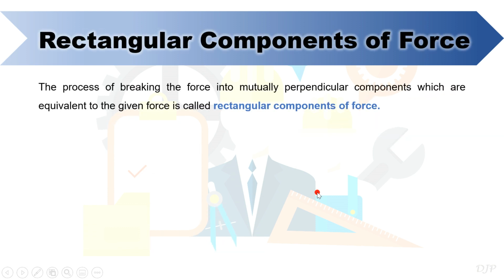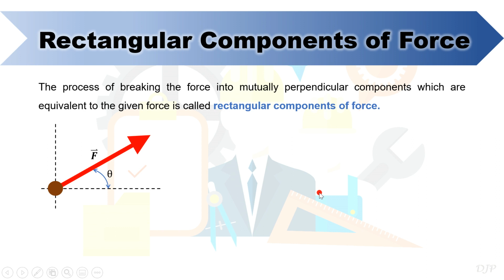Another way of breaking a single force is by using mutually perpendicular axes as the direction of the force components. Let's say we are given this particle acted by a single force with a given direction. To resolve this force, you may create two perpendicular axes which are coplanar with the given force, and you may label the axes as x and y and put those labels on the side in which you prefer to designate